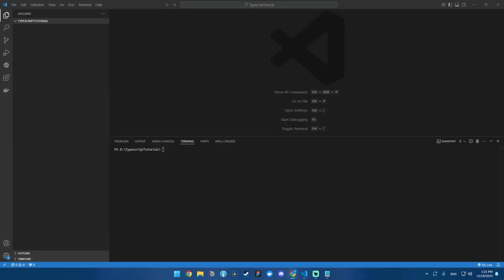So as you can see, I'm in Visual Studio Code. So let's begin. At first, we'll create a folder. I will name it server. You can name it however you like. And now, once we are inside of it, we can open the terminal from here and cd into the server and run the following command: